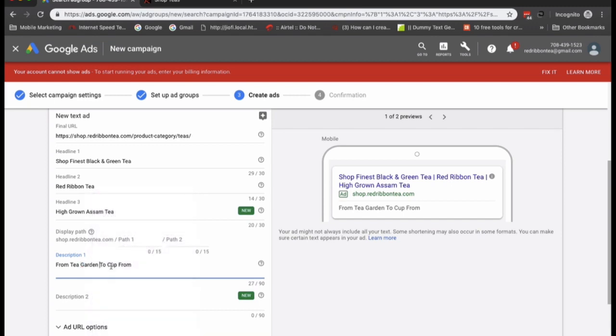But this is an opportunity which you do not want to lose, to invite a user or a potential customer to your business. So be sure to use the headlines and description lines as creatively as you can. Do not make this clickbait. Ensure they represent the USP of your business, and also a clear product or service description for which you are running the ad.